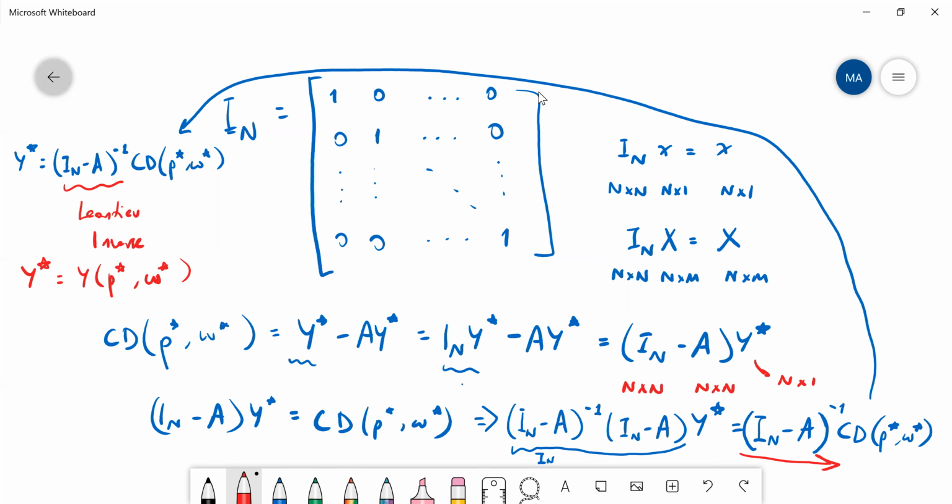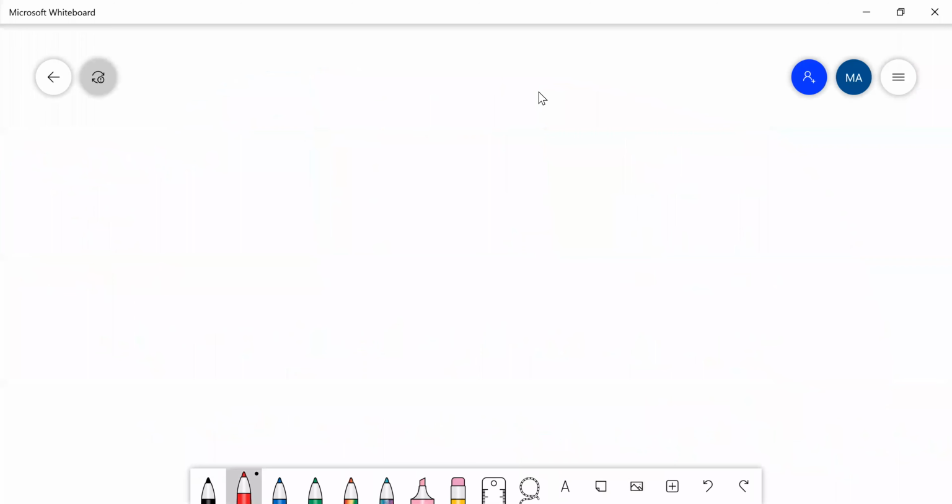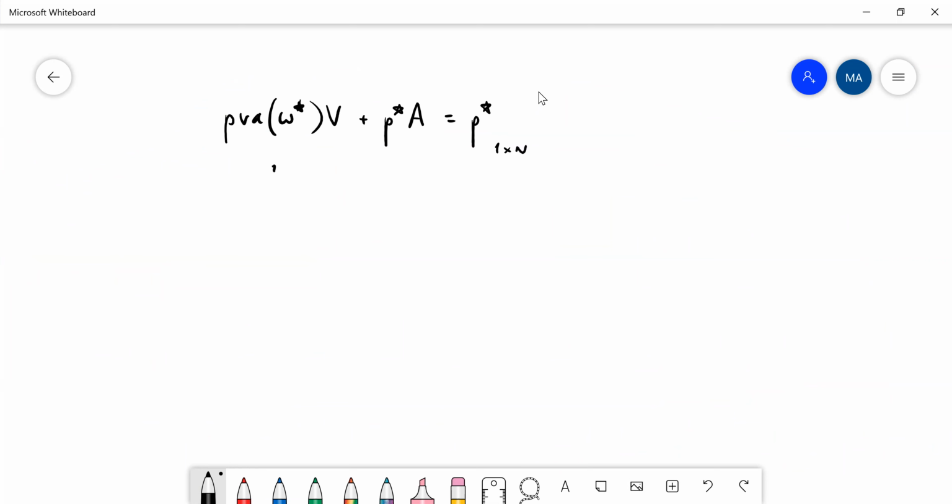All right? So another equation we had was this: omega star V plus p star A equals p star, right? So now again, be careful. This is a row vector, one by n, all right? So this whole thing is 1 by n, and this is 1 by n. Okay, so you can write this in this way, equals p star minus p star A. At that point, it is still 1 by n,